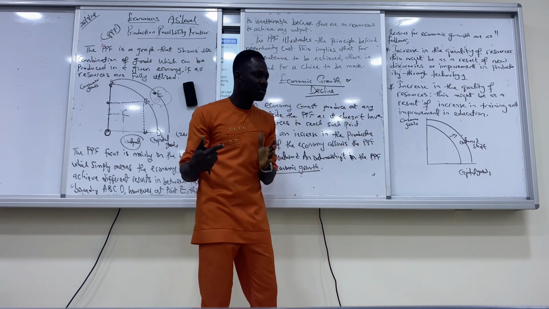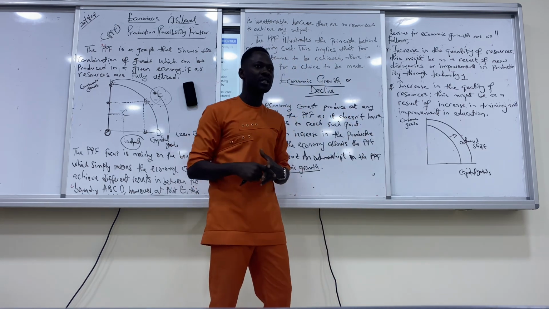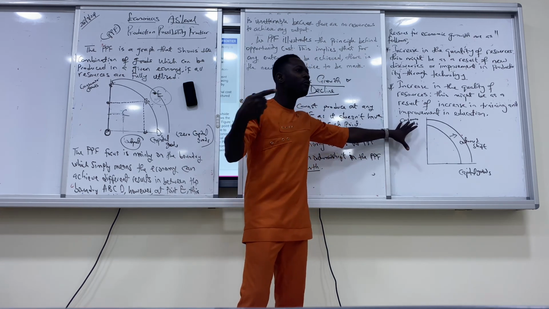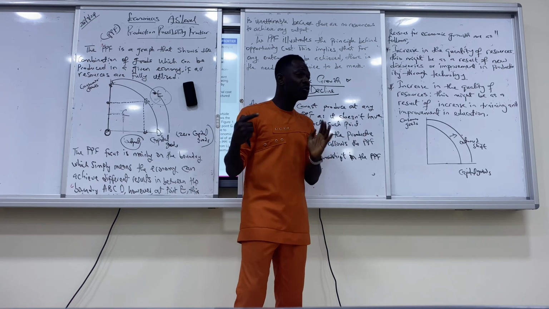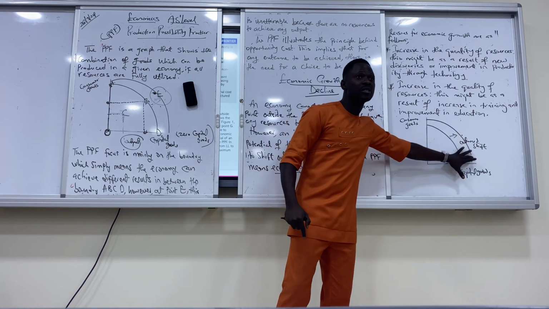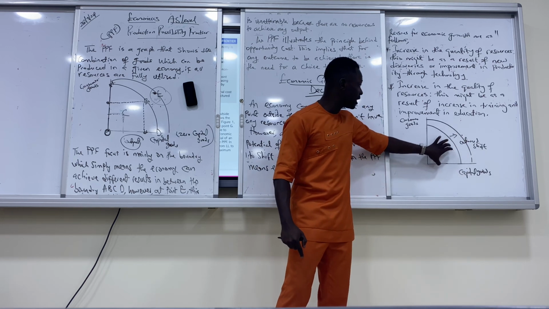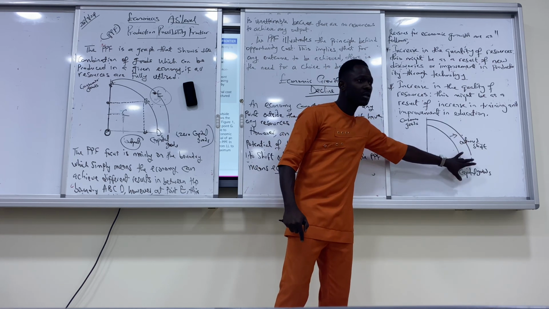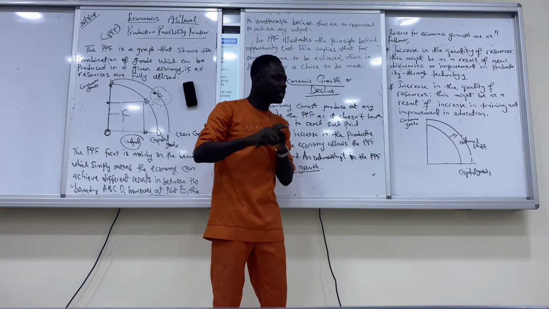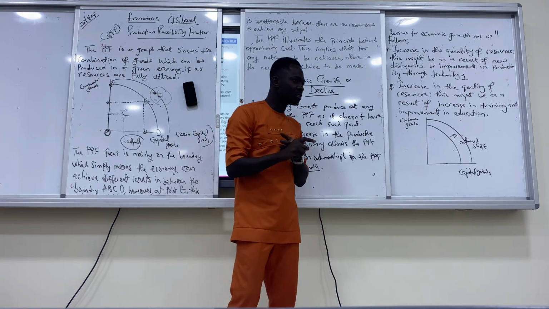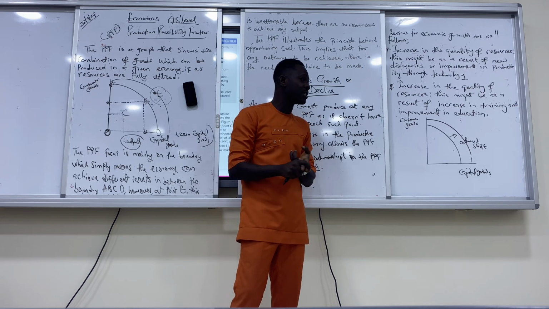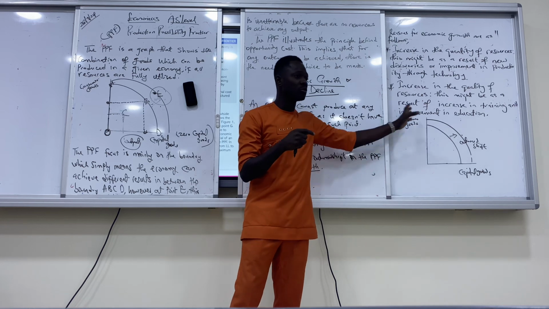Workers that lack skills might not be able to reach their potential. But with enrichment of skills, you can reach your full potential. And if workers are able to reach their full potential, then the output in the economy would increase, shifting the PPF outward. Do we understand or not? There's quantity and there's quality of resources. For quantity of resources, it means advancement in technology, it means discovery of new materials or raw materials. That will shift our PPF outward.